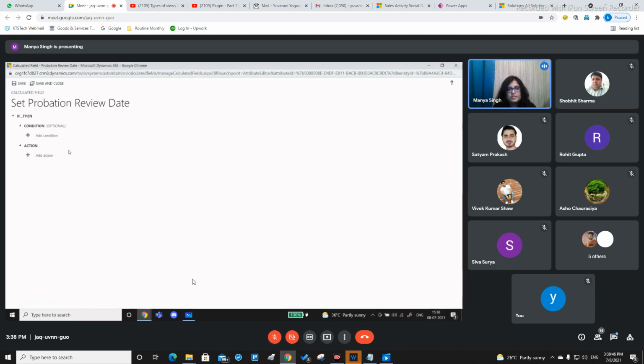Now this is something which might be new for a lot of you. Here there are a few statements. It's asking you for if, then, condition and action. This is basically a very simple loop or conditional statement, you might say. If the condition is fulfilled, certain actions are carried forward and processed. If the condition is not fulfilled, then some other action is processed or no action is processed.